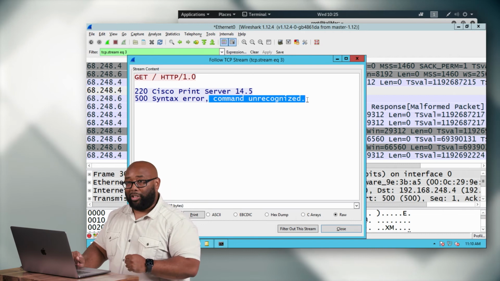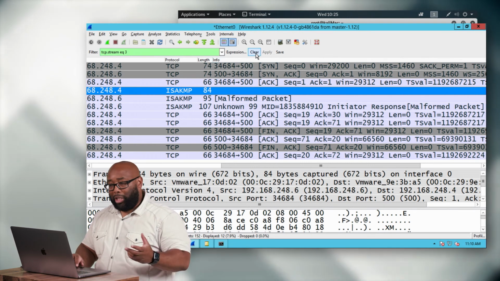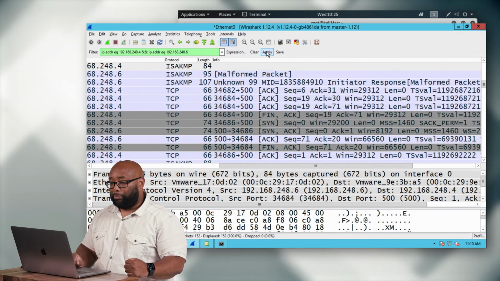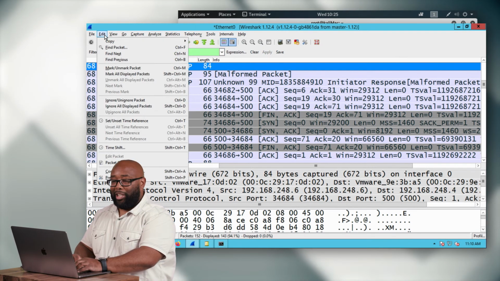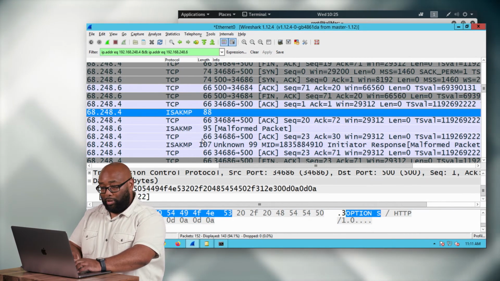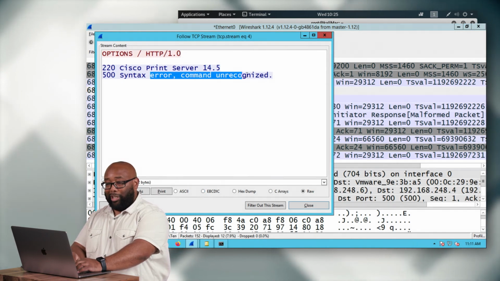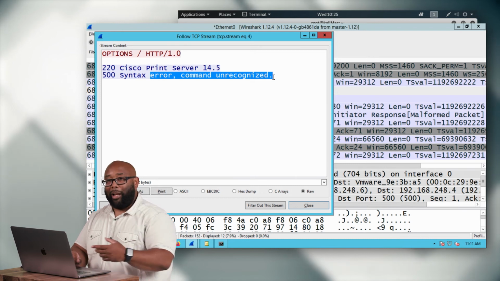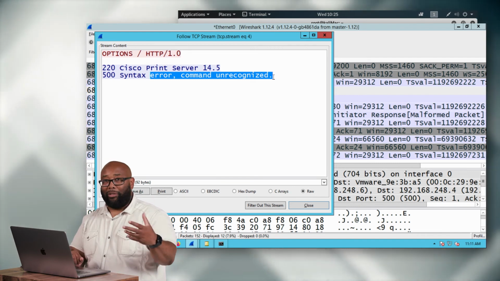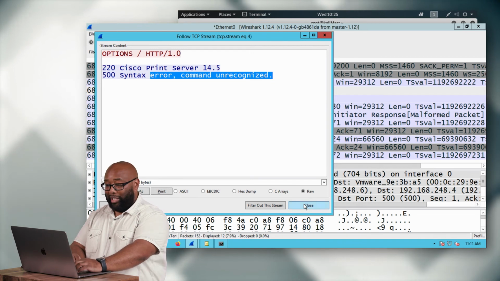It says command unrecognized. But Nmap didn't give up, because Nmap's convinced that most things on the internet are web servers, because back then it was. So what does it do next? Well, it tries another HTTP method or command, whatever you want to call it, called OPTIONS. And again, when it did that, the victim responded and said, I have no idea what you're talking about. Nmap tried a whole bunch of different web server commands and methods like this. Finally, it gave up on the web server idea